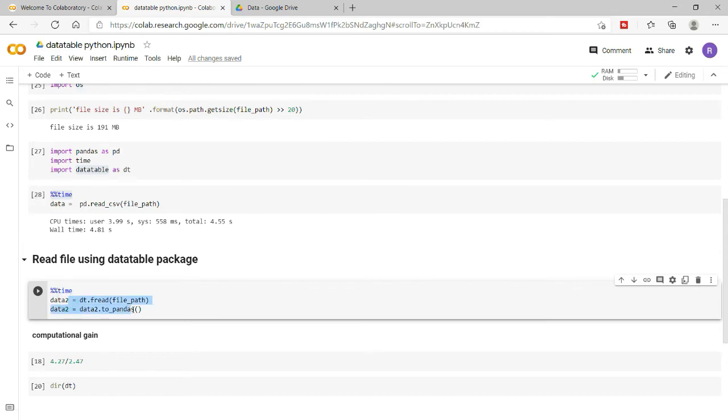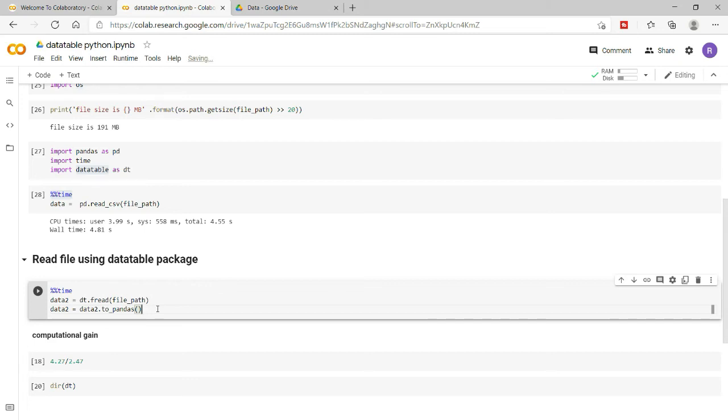Now we will do a similar exercise with the data table package. I am using dt.fread. fread is a command which reads the file. You should remember one more thing: after reading, you also need to convert it to pandas, because it is not a pandas data frame.